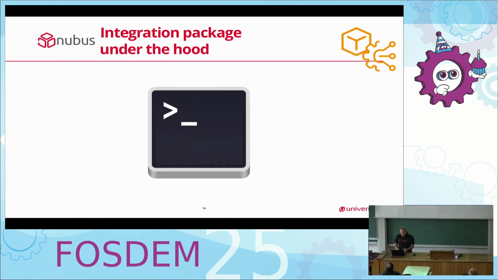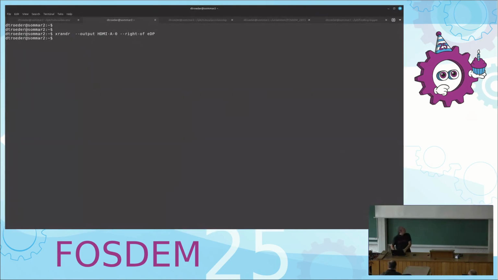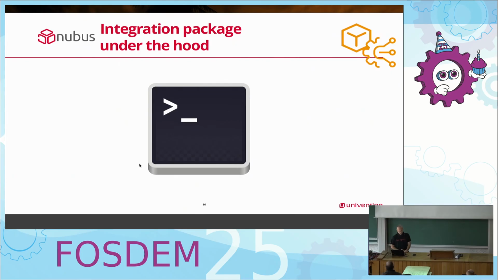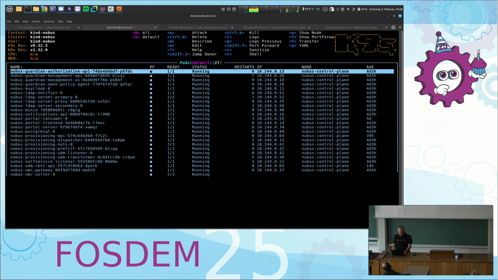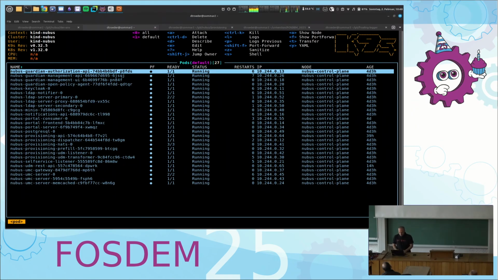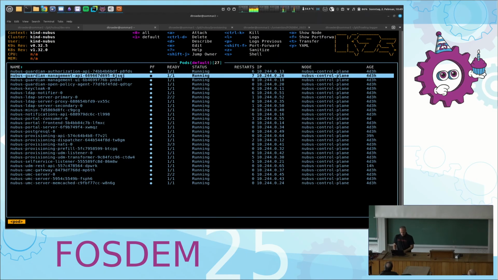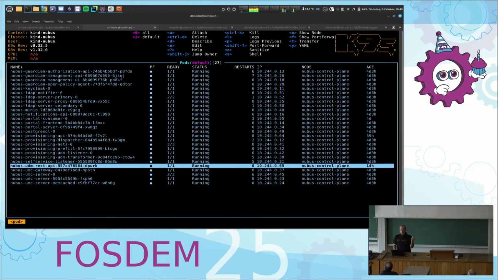Okay, demo time. As I said before, I have started a small Kubernetes cluster on my laptop using Kind, very nice software, but it also works with other single-node Kubernetes distributions. And so there are the pods running. Each pod is a few containers. And if we now look, for example, at the UDM REST API, so that's the API to provision objects in LDAP,